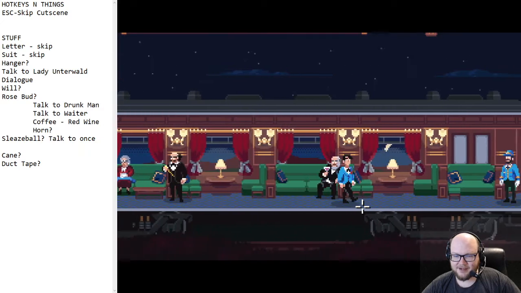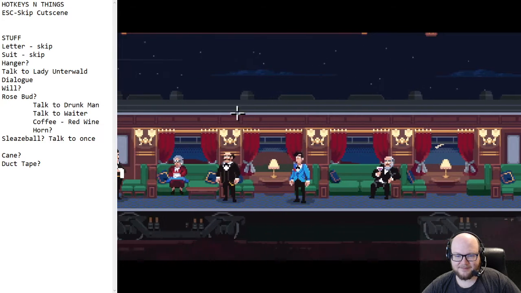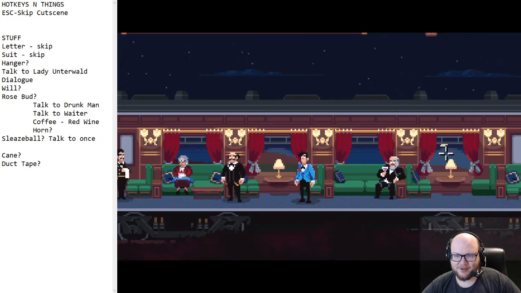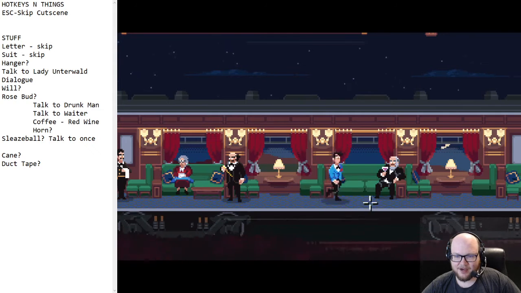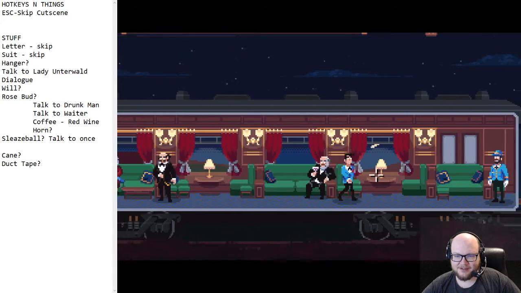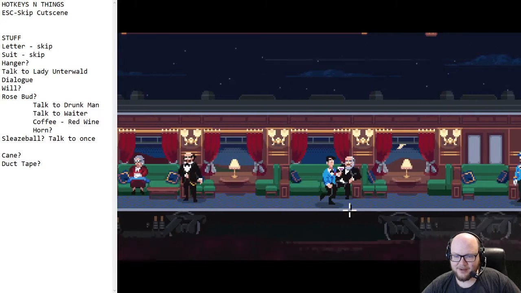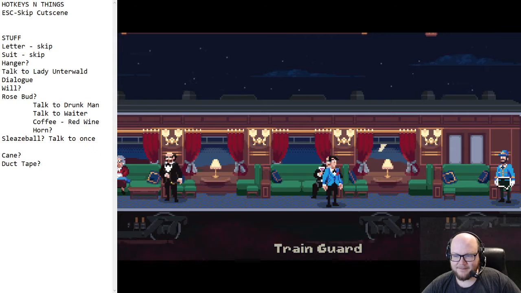Here's something I'm kind of curious about. So it seems like if I'm walking... This is very interesting. So notice the flapping wheel in the background here. I'm walking, and as soon as the inventory comes up, all the NPCs freeze, but the background still moves. That's kind of interesting. Not saying good or bad, just so I wonder if I